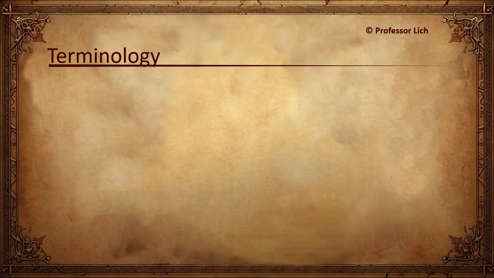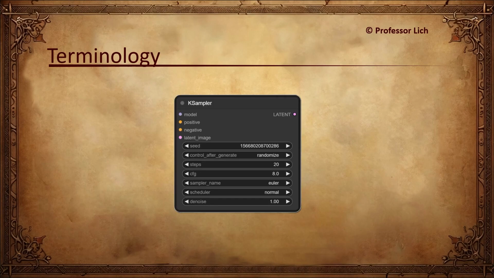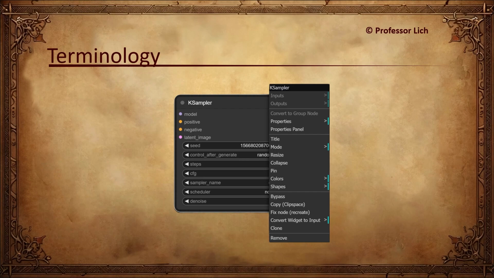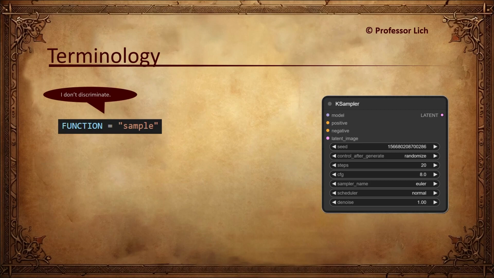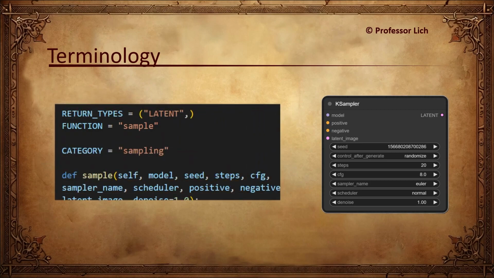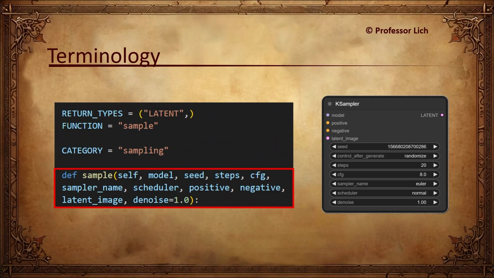Before we begin, let's establish some terminology. I will use KSampler node as an example here, since everyone is familiar with that one. As you know, when you right-click on a node, you often find option called Convert Widget to Input. However, as we have discovered in previous lecture, Node's internal function does not discriminate between these two. These are all passed on as arguments regardless. So when you say I am converting widget to input, you are kind of implying that widget is not input, but you can clearly see here that it is.